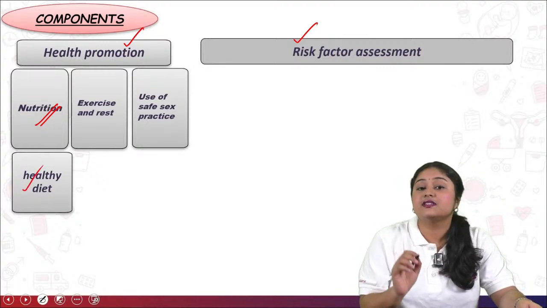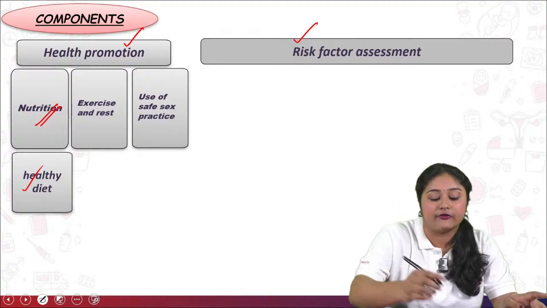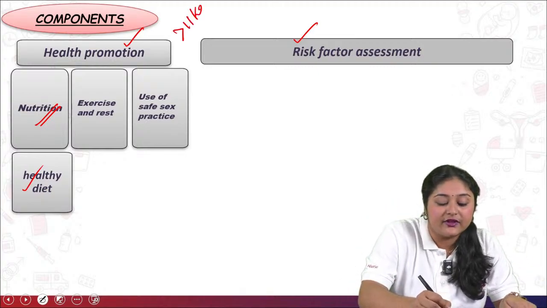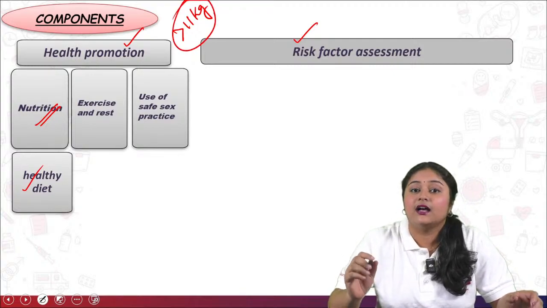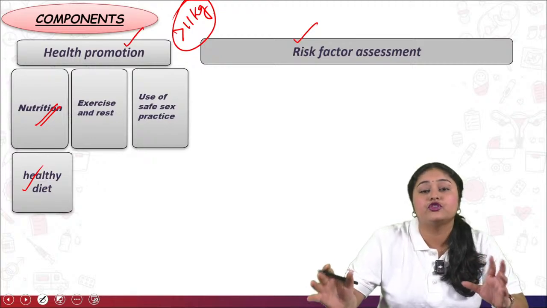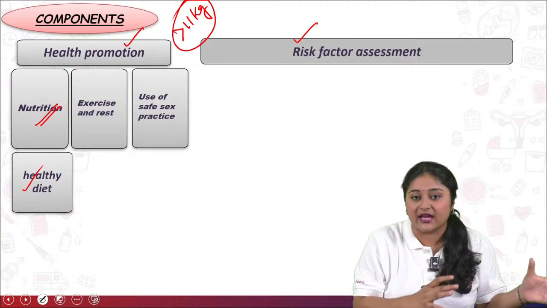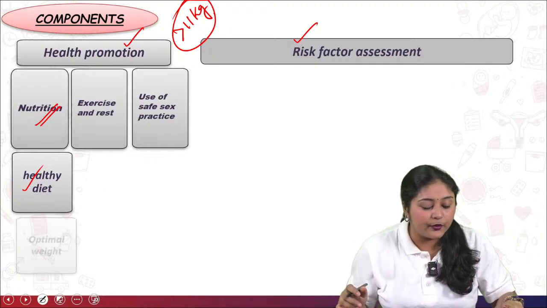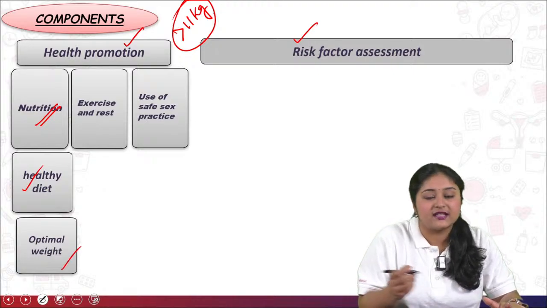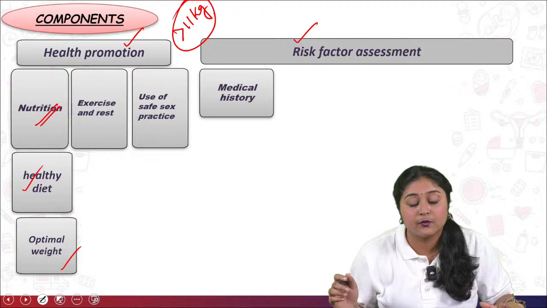Next, under nutrition, that is a healthy diet. Just remember, after conceiving the pregnancy, the mothers have to gain up to 11 kg or more than 11 kg over the term period, compared to their previous pregnancy weight. So they have to gain more than that 11 kg. Next is the optimal weight. As I said, fluid and electrolyte imbalance as well as weight management are most important.